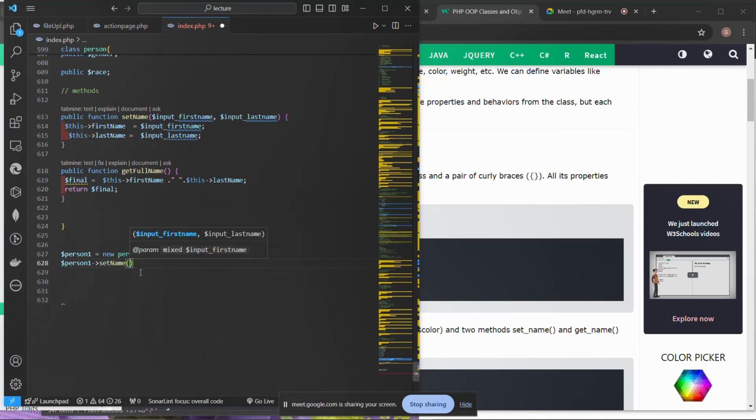So the set name method, and we need to pass what? The first thing is the person's first name, and the other one is going to be the second name. So let's see, the person's first name is what? John, and the last name is Mark. So we have just set it, automatically this name has entered here, and it's already assigned